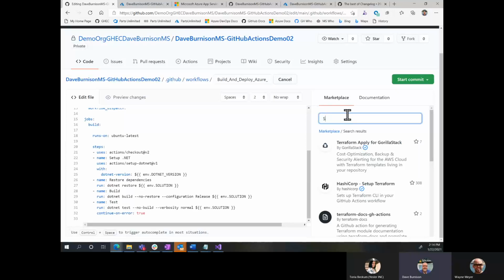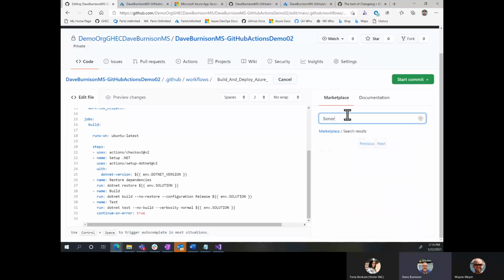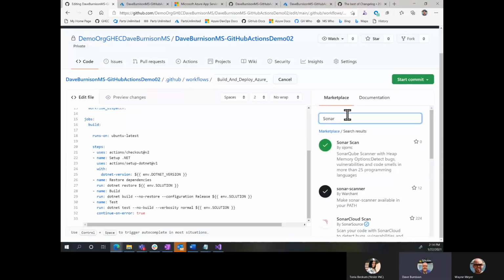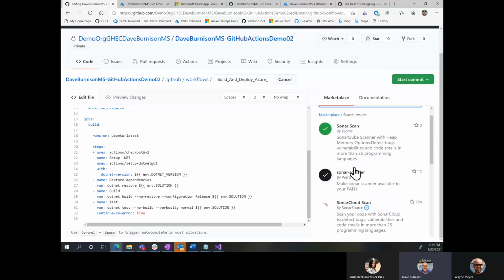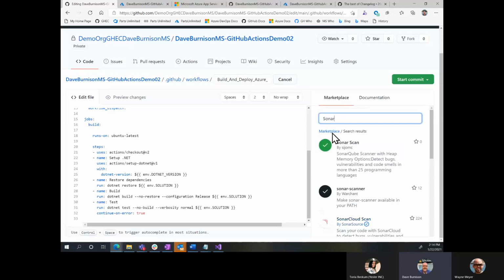Or let's say you're using Sonar for all of your analytics and things like that as part of your code. SonarSource has built that, but you also see there's a number of individuals that have contributed to this. So we're taking that open source approach to supplying everything you need for actions.